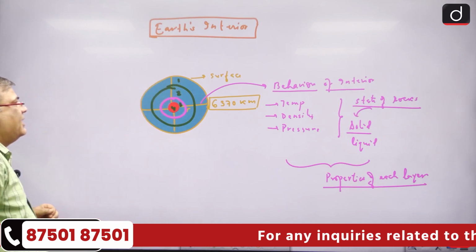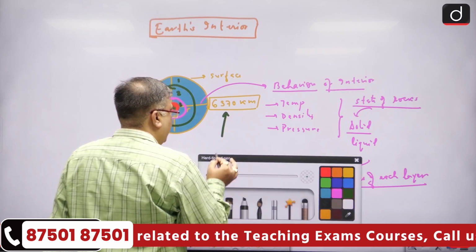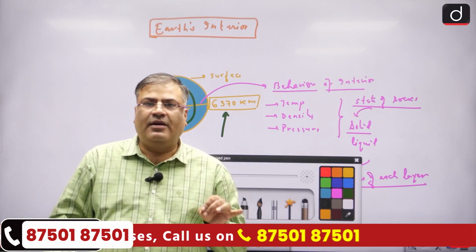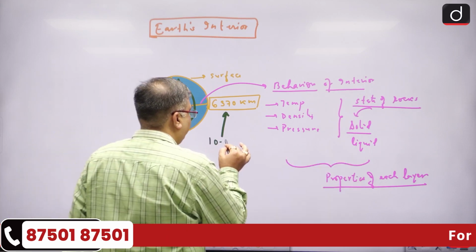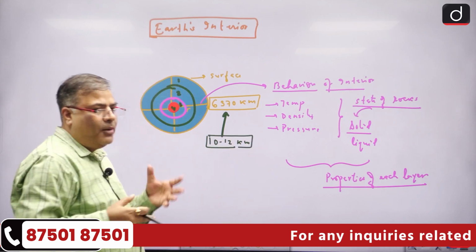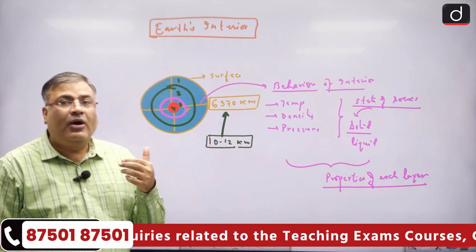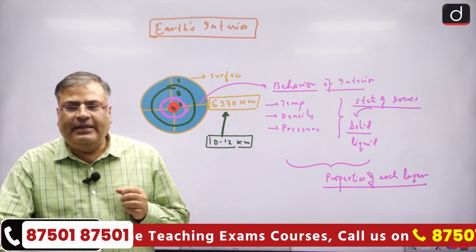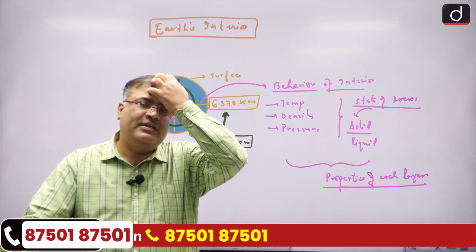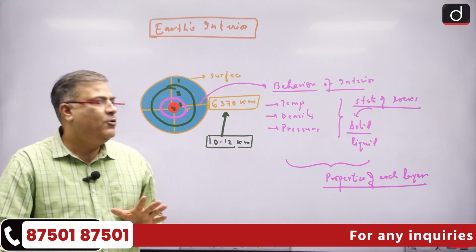Now, the very first thing is that since the distance is 6370 kilometer, and with all human capacity till date, the drilling of the surface we have done, that is only 10 to 12 kilometers. Thus, the direct observation, this is possible only up to 10 to 12 kilometers, not beyond that. And as we know that the direct observation is always good, because it is the most authentic way to understand that what is going on in the interior and to answer all these questions and the doubts what we had